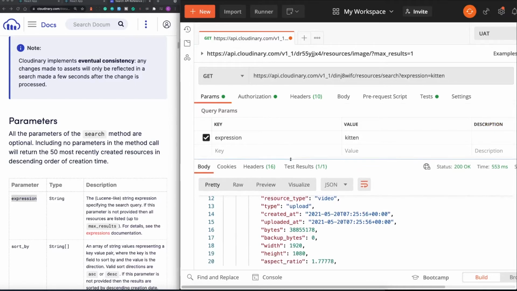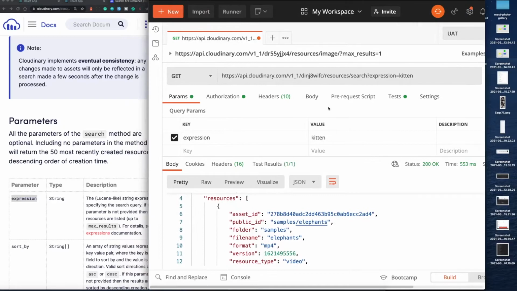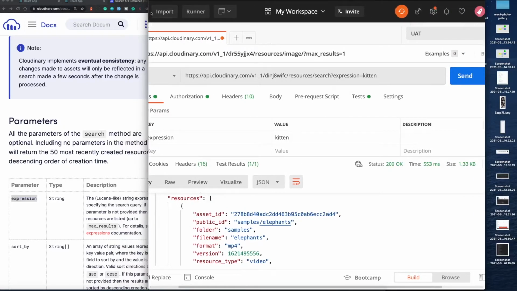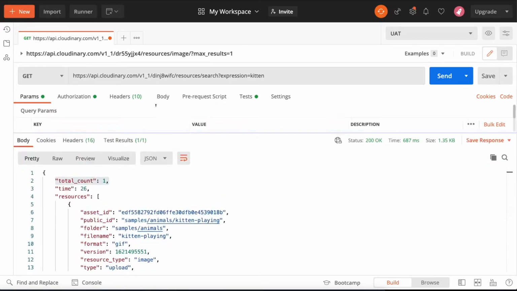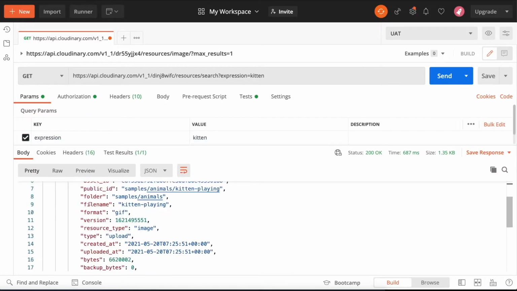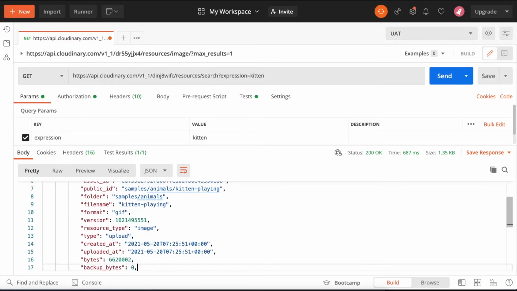So now if we try this, we're expecting to get one resource back. So I can expand this and click send. And you can see it's given us total count of 1, and we get a resources array back with an object containing the image and a bunch of other stuff, similar to what we've seen before. You can have a look at your Cloudinary media folder to see what other example images you can search for. So it looks like we've got the request to Cloudinary figured out,